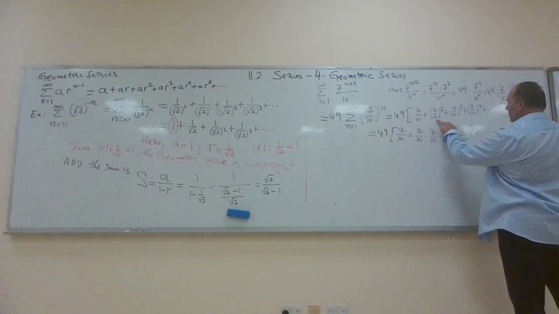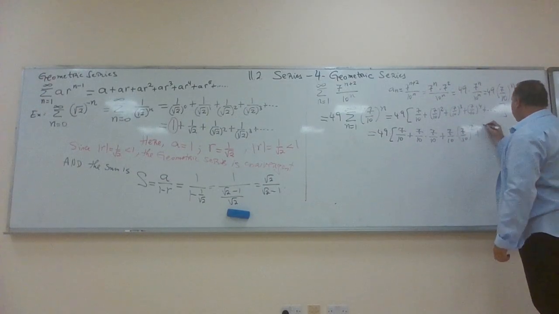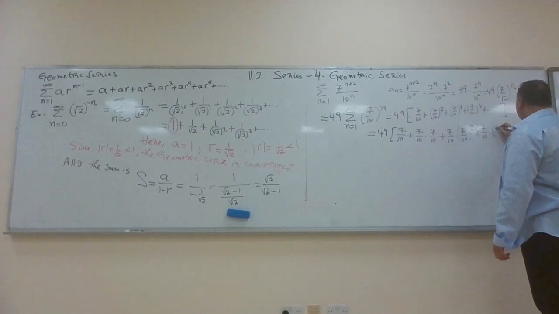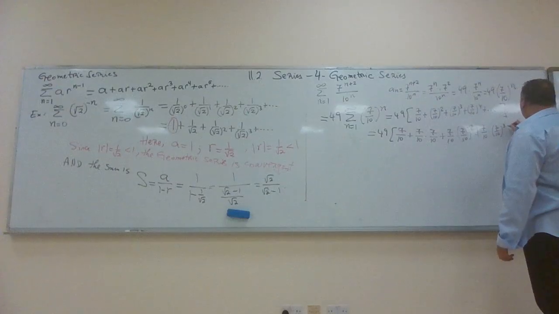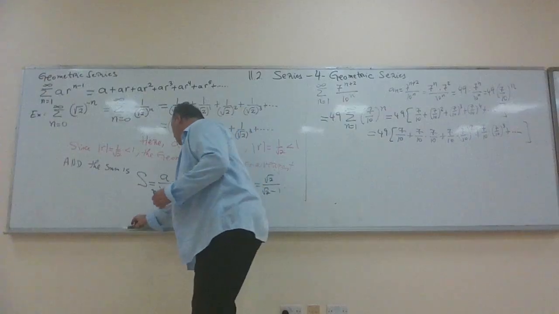So this is for this guy. To power 3, we have this, and then power 2. Power 4, I will write it also. 7 over 10 to power 3, and then we keep going. So here again,